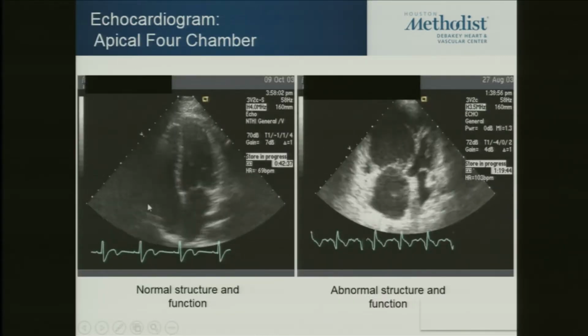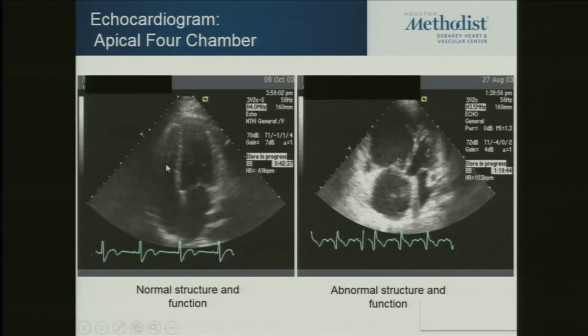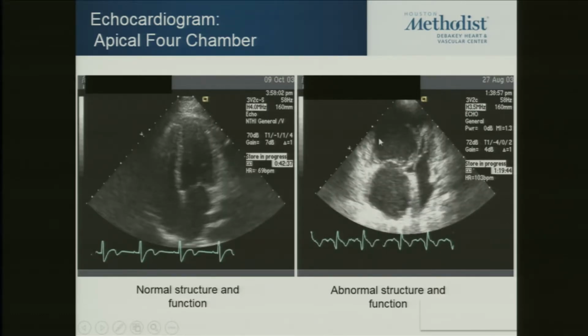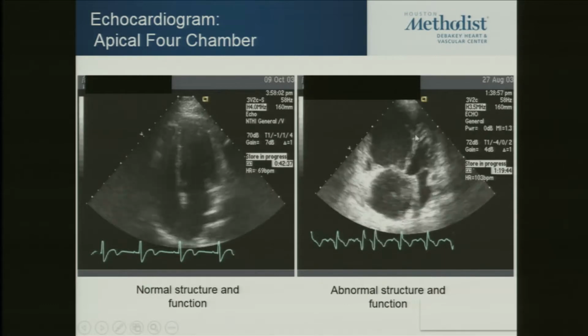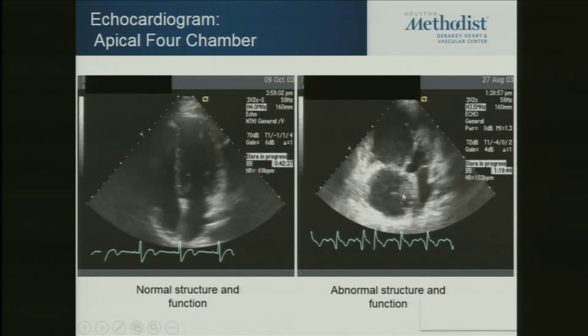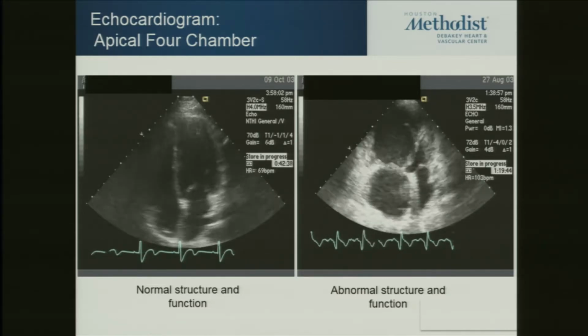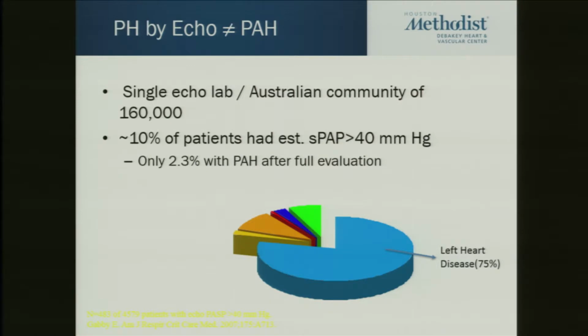Now, this is a normal echo, and this is the LV, this is the RV. And this is the patient with pulmonary hypertension where they have a really small LV and a large RV, because the RV is really enlarged to be able to pump against elevated pulmonary pressures. However, one thing I wanted to bring up here is that just because they have pulmonary hypertension on echo does not mean that they have